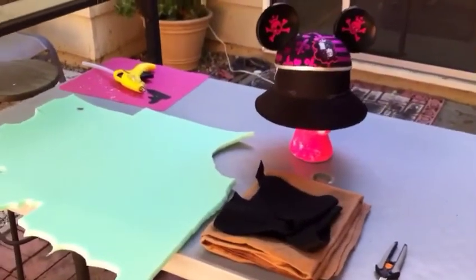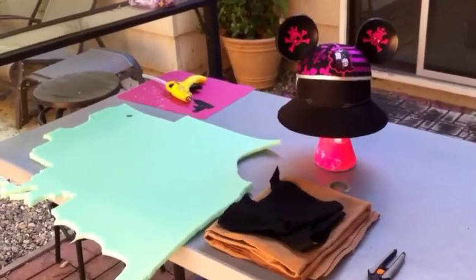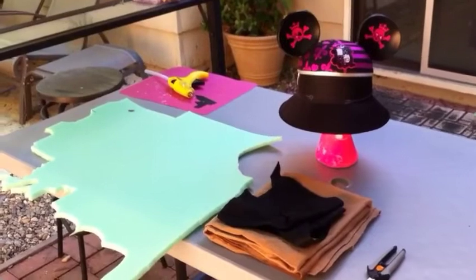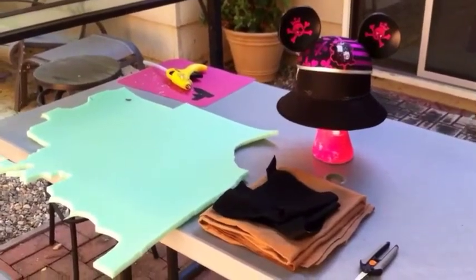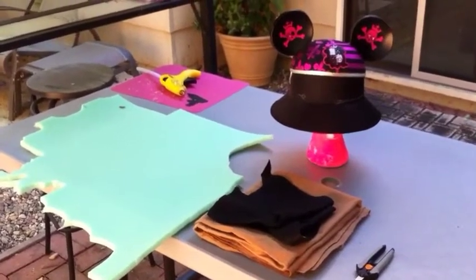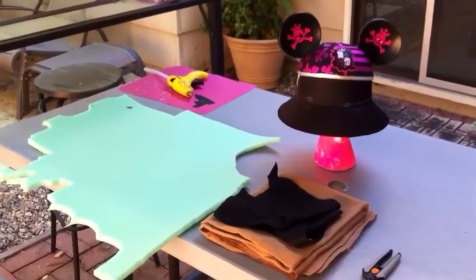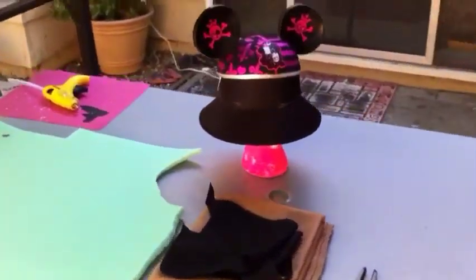We're going to work on Bonnie's head, and I'm just going to show you a few of the things that I found at the thrift store, just to save some time. Instead of making everything from scratch, I'm just going to recycle some stuff that I found and go from there. But you don't necessarily have to have the same things, and you might not find the same things if you're doing this piece,